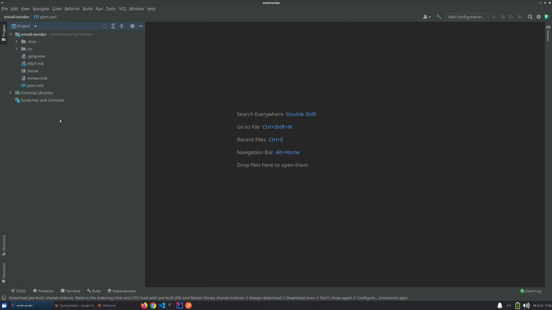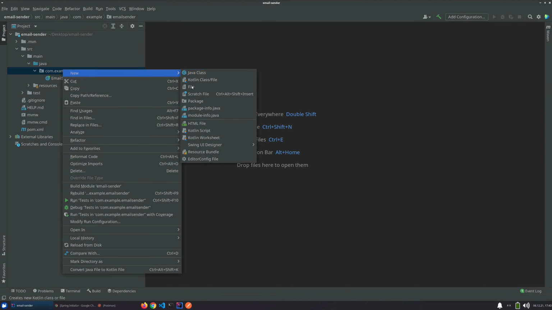So the first thing that you're probably gonna need is to create something. When you first create a Spring Boot application, you just get the main class, and that's it. So now we're gonna come to the main package here, and we're gonna create a new package,